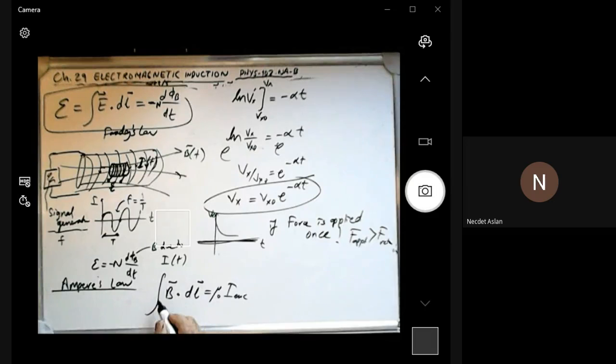Just like Gauss's law in electric fields. So if there is a circulation in the magnetic field, this is due to the enclosed current. In other words, if there is a current passing through the wire, then using the right-hand rule, a magnetic field is created. It will be a rotational magnetic field. So in this case, remember Ampere's law. Now we know that